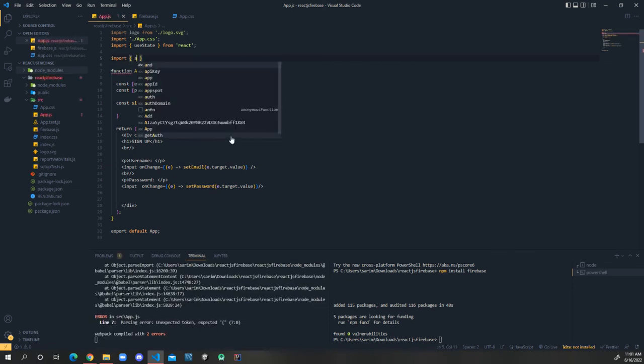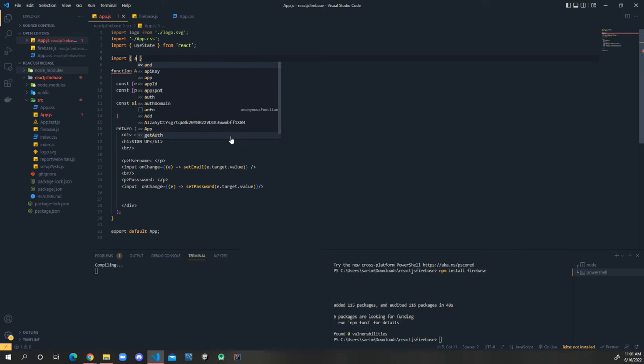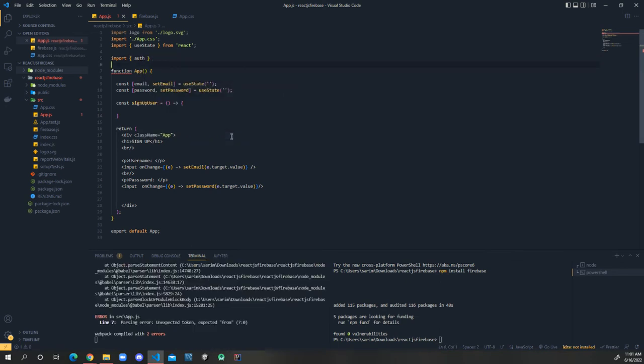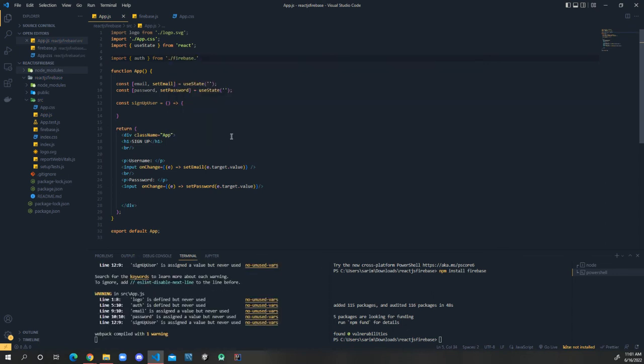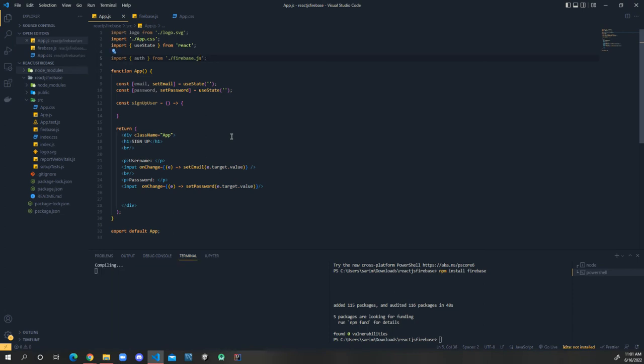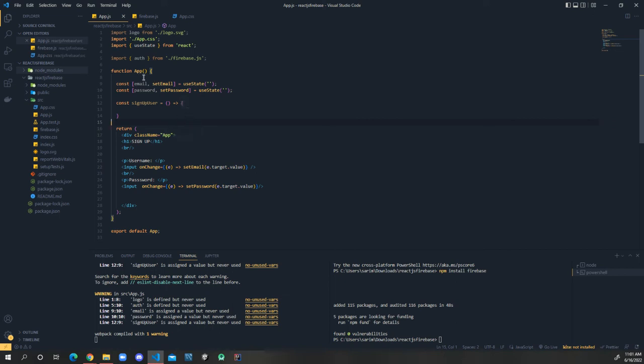And yeah, so now that we've done that, let's import our Firebase services. In this case, we're going to need auth from /firebase.js. Alright, so now that that's worked, what we can actually do is create our user's account, and then we'll just sign him in. So auth